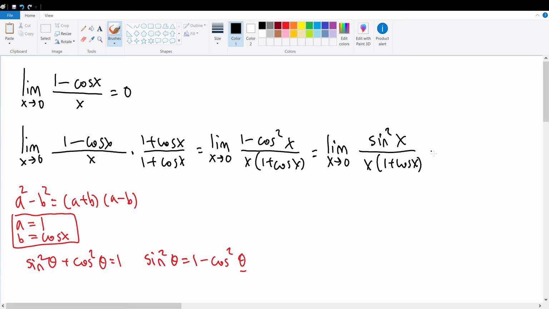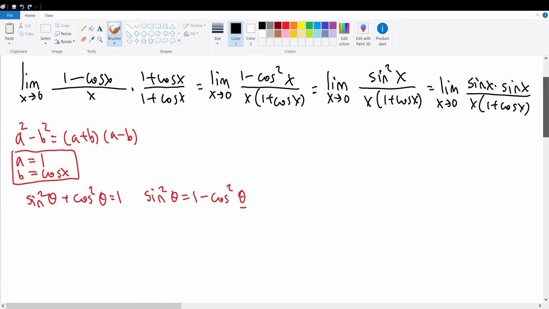Now, sine squared x is nothing more than sine x times sine x. So I'm going to expand it out like so, and the denominator remains the same. And with this limit, what I can actually do is break it up to be equal to the product of two limits. And I can do this because of a limit property, which says that the limit as our input of x approaches any number n